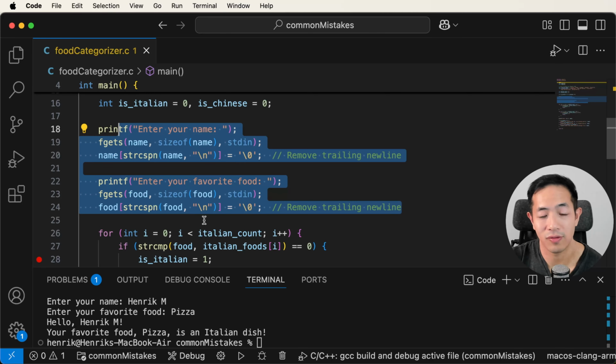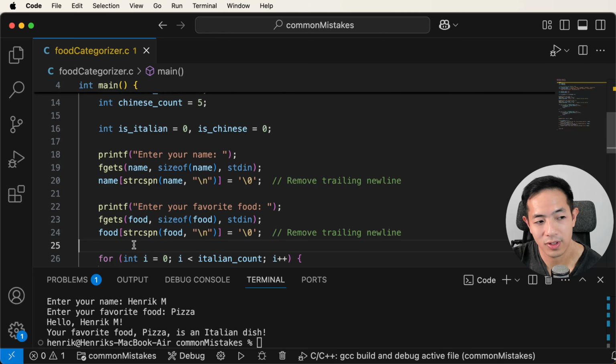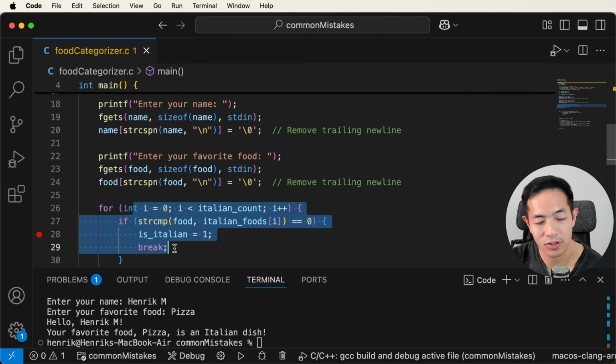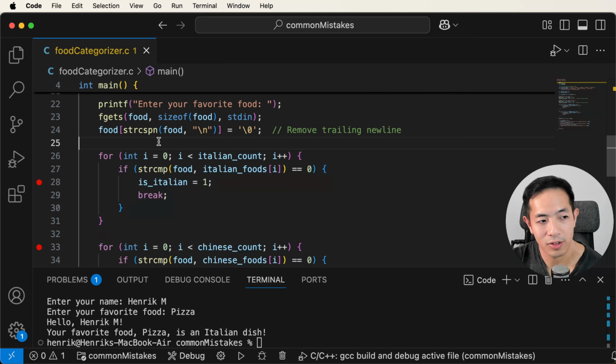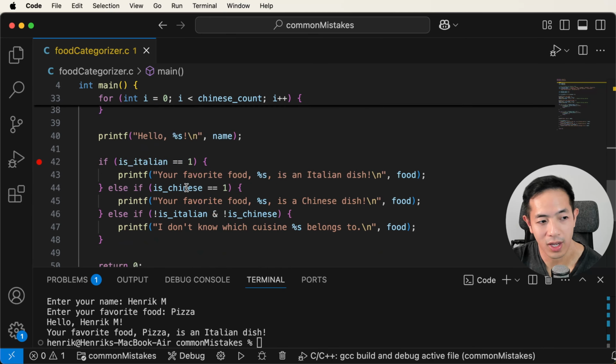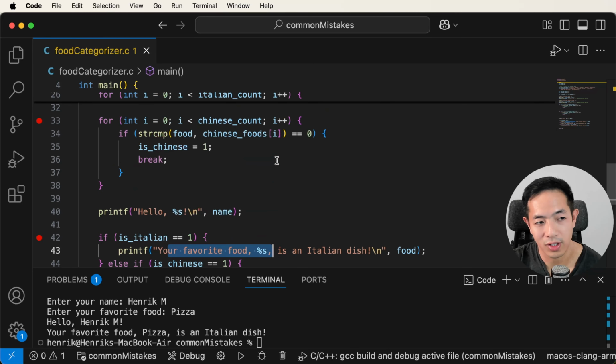What I would do if you're a beginner is just do some printf here instead of trying to do all of this code already. Just make sure you have this line of code there first, like your favorite food is, and then hello. So just have this printf to verify that name is stored correctly and verify that the food is stored correctly.